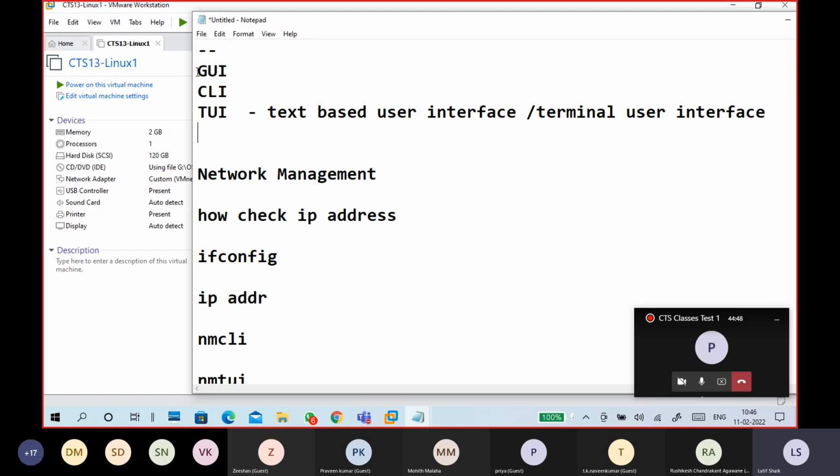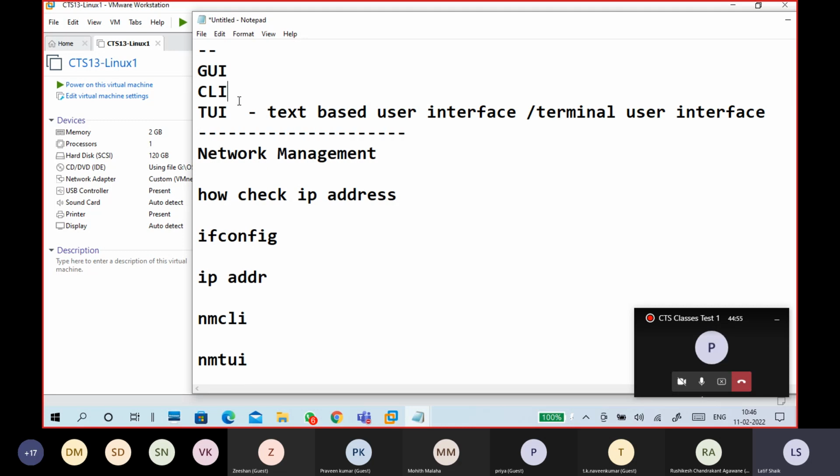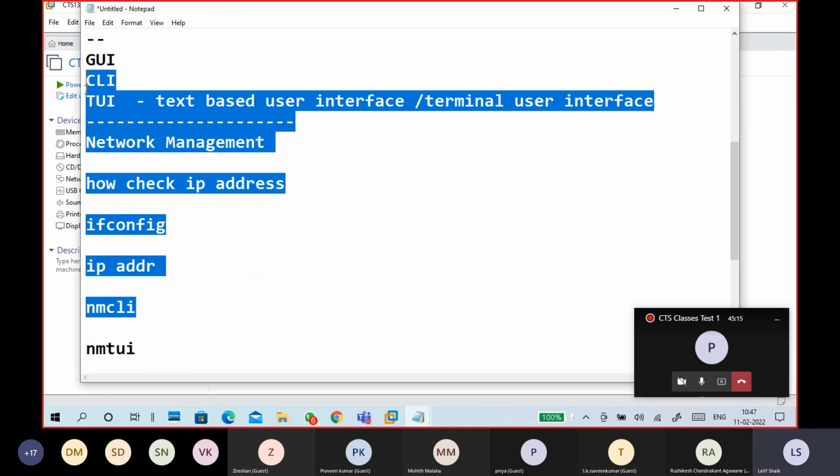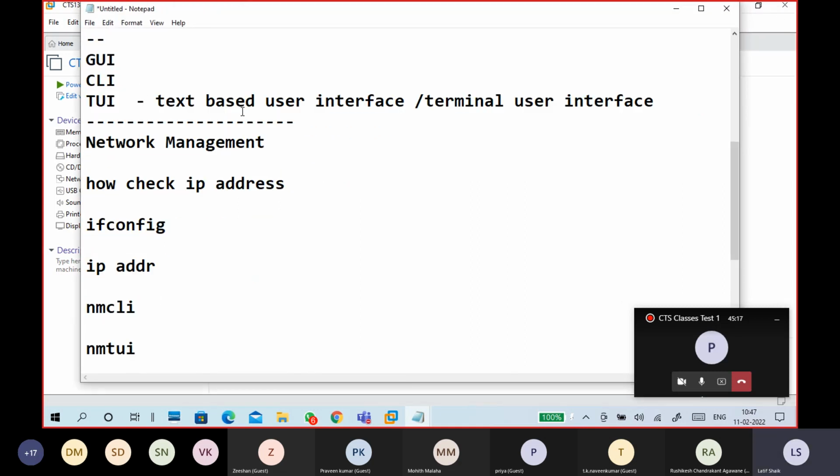So what is the difference? CLI is text-based, and TUI is also text-based. But in a CLI, you should use a command to interact with it. You use a command to do something, right? Here it is not like that. You open a small window in the text box only. This is your text box, and in it you open a small type of window, and there we are able to work with it.